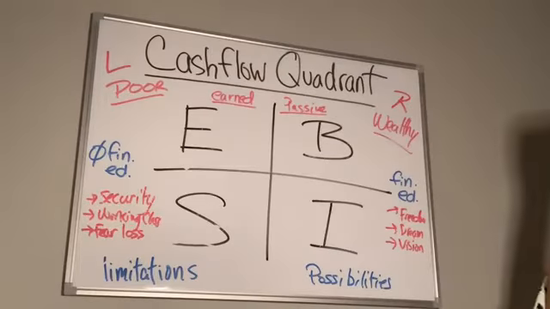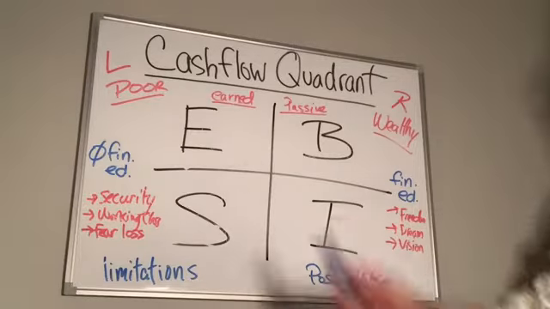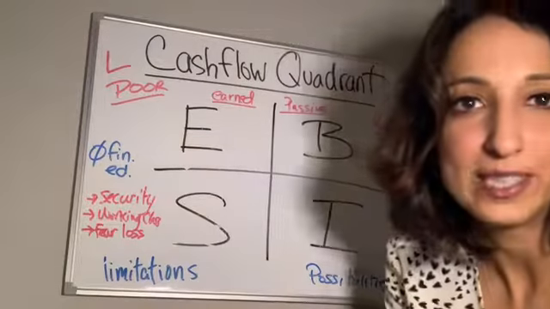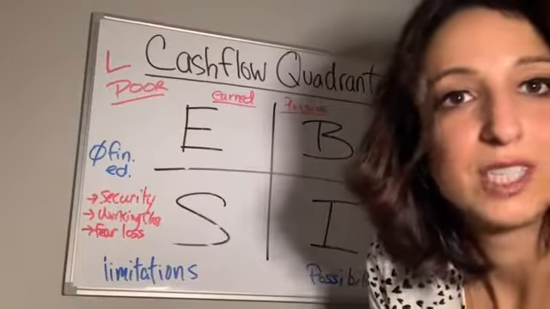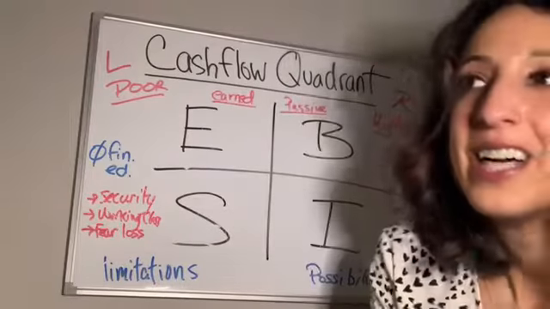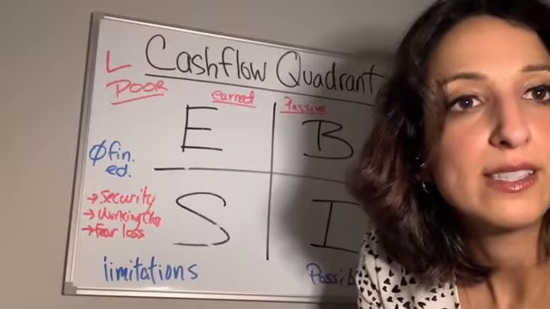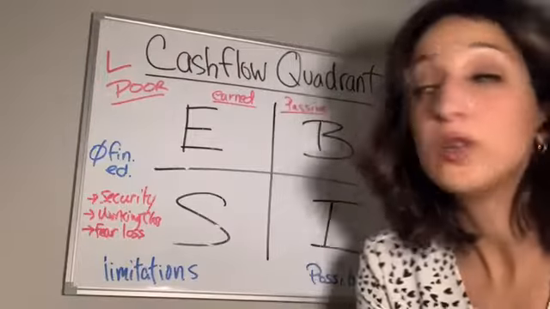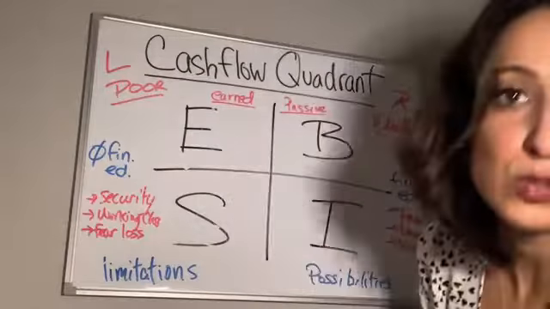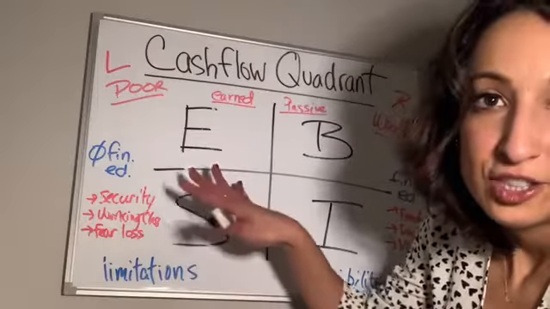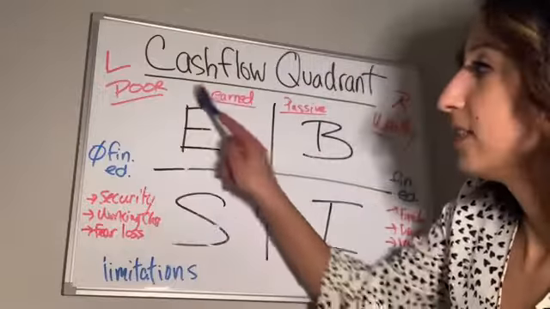So I want to talk about these two categories a little bit more. Employees, like I said, I'm very familiar with this category because I'm part of this category, and I have been for the last 35 years, 36 years now. I say that because I grew up in a family of employees. So that's what I was raised to believe in. That's all I knew. I didn't know anybody who was a small business owner, or a big business owner, or investors. This was all I was exposed to. So this was the education that I got in the household, and it's also what I learned in the school system, right? So this is where I'm most familiar with.